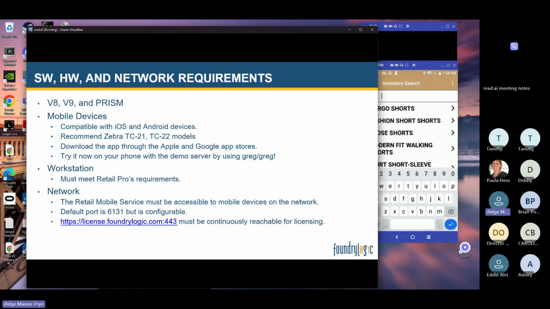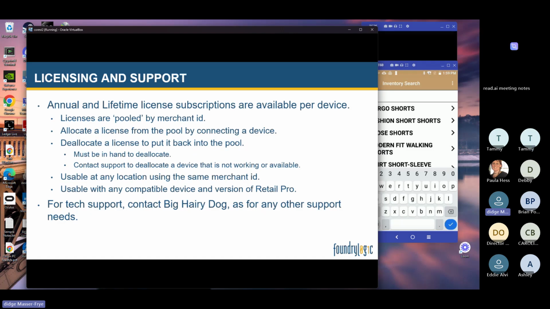The retail mobile service uses a default port of 6131, but you can change that if you need to. And it needs to be able to connect to my licensing server at licensefoundrylogic.com. That's just so it can maintain licenses, with a licensing model very similar to what Retail Pro has. We keep track of who's got how many licenses by a merchant ID, and you can buy licenses through a subscription. They're both annual and lifetime licenses that